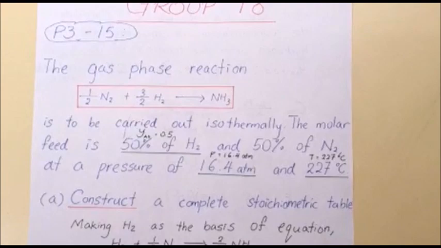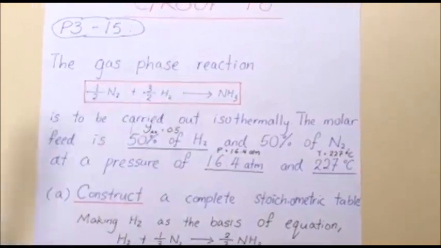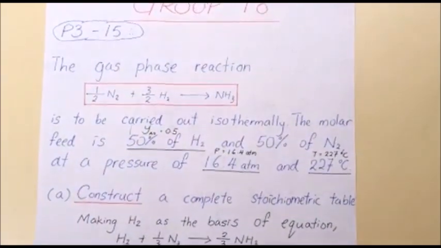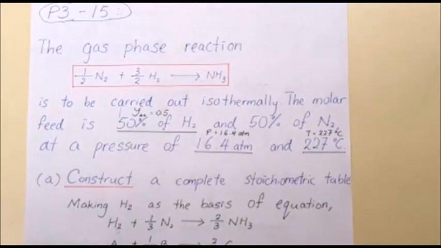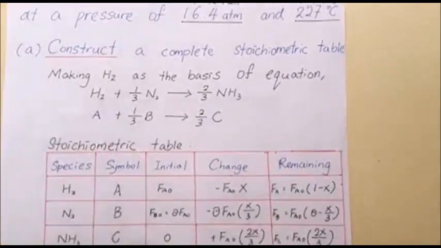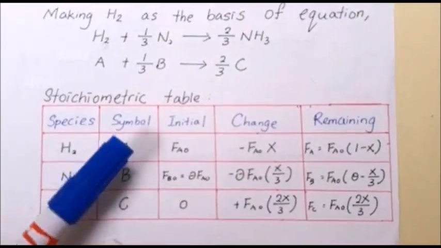Alright, from the given problem, we came up with this equation, where H2 is the limiting reactant, and thus we make the coefficient of H2 equal to 1. Therefore, we came up with this equation, and we divided overall by A, B, and C correspondingly. Alright, for the initial part, since the reaction is taking place in the gas phase, we are using molar flow